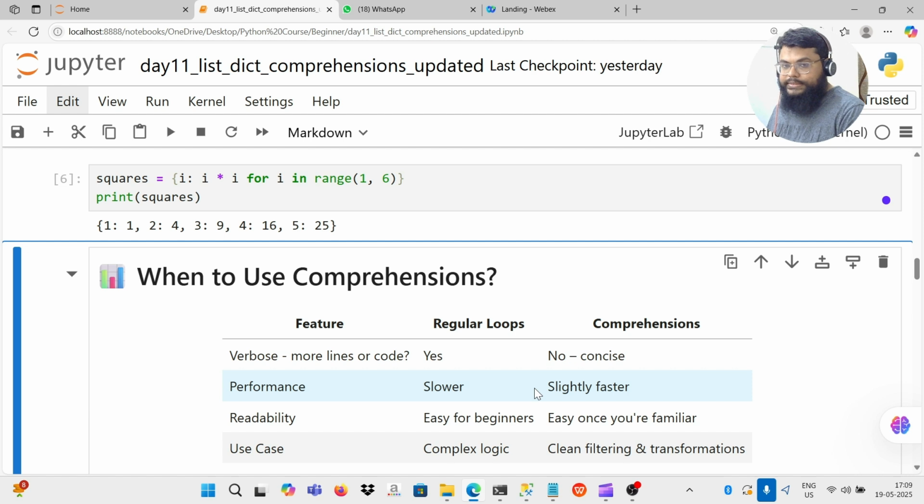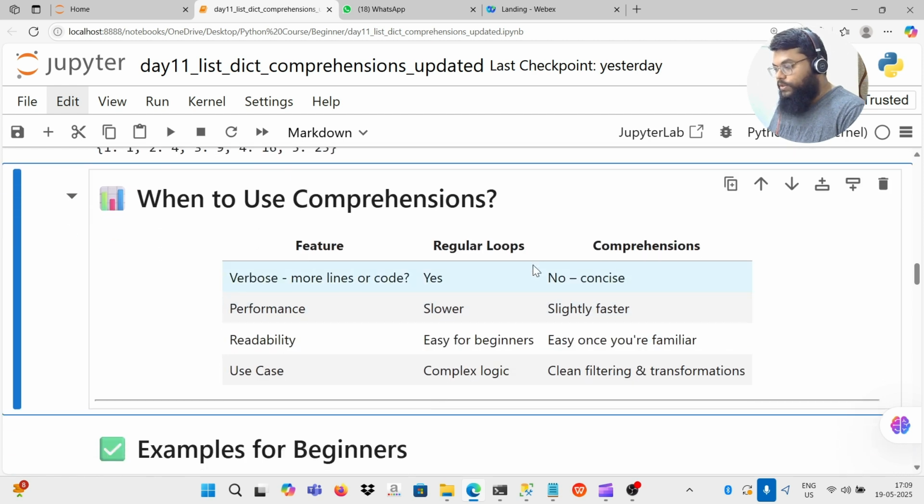So very less, one or two lines of code, if we have two operations to perform. And performance wise, regular loops are a little slower compared to comprehensions. Comprehensions are slightly faster. We'll see why it is faster also. And in terms of readability,